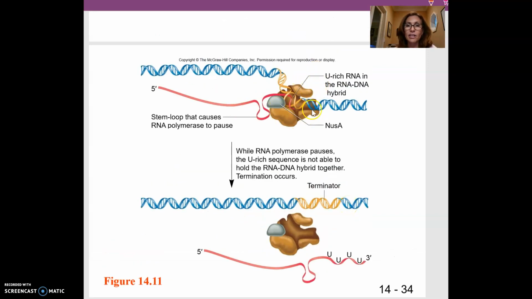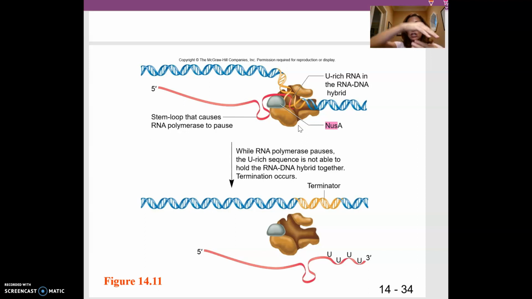As the RNA polymerase goes along the sequence here, you'll have a uracil-rich region in the sequence. And what that does is it's adenine, but it produces a uracil-rich sequence in this region here. And we have this other protein called NusA. Oops, wrong thing. I was hoping that I had my highlighter there. So NusA is going to cause a pause so that once enough